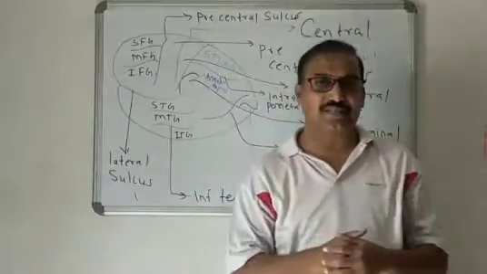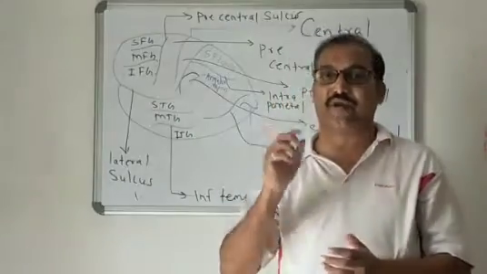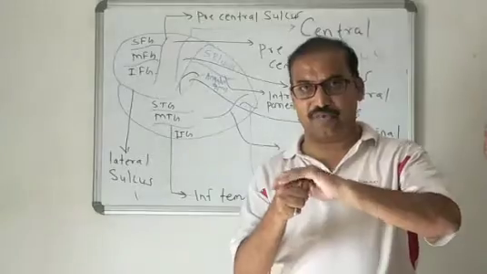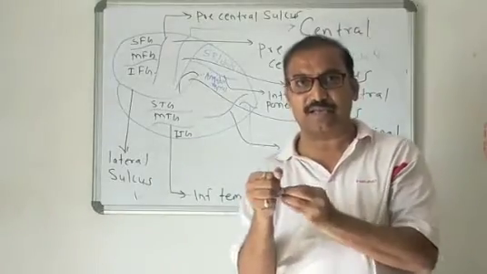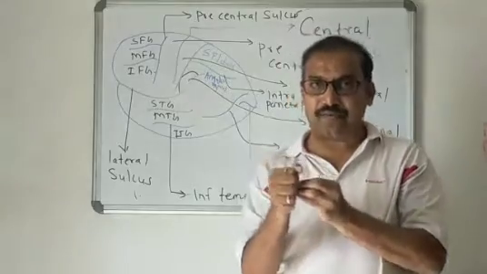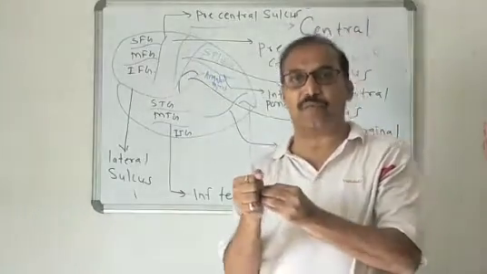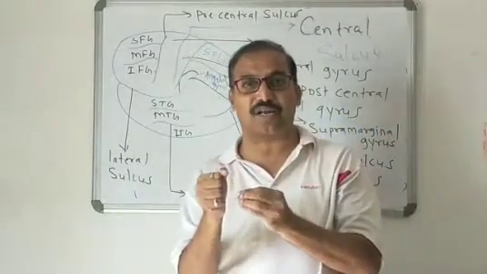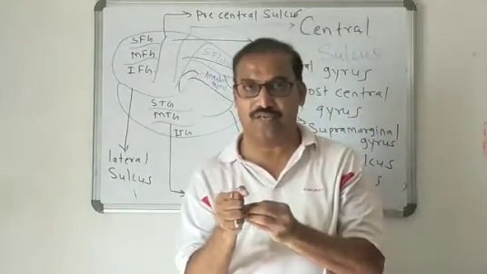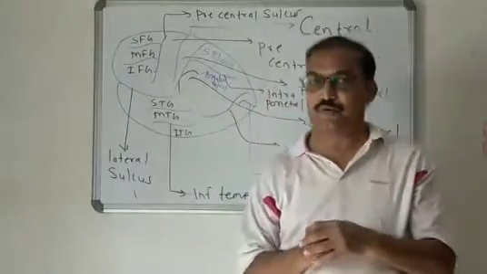Now you know very well the internal structure of the cerebrum. It is made up of grey matter and white matter. The outermost covering is made up of grey matter and the innermost portion is made up of white matter. And the white matter contains masses of grey matter, and these masses of grey matter are called the corpus callosum or basal nuclei. Now from the exam point of view, the superior lateral surface is important.